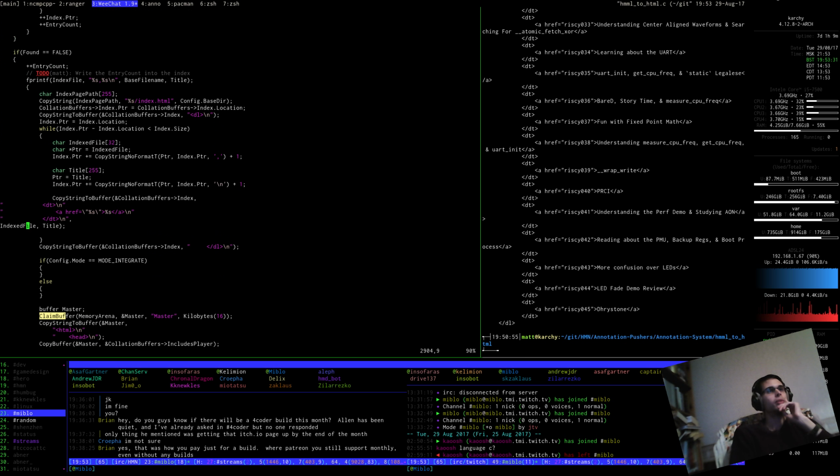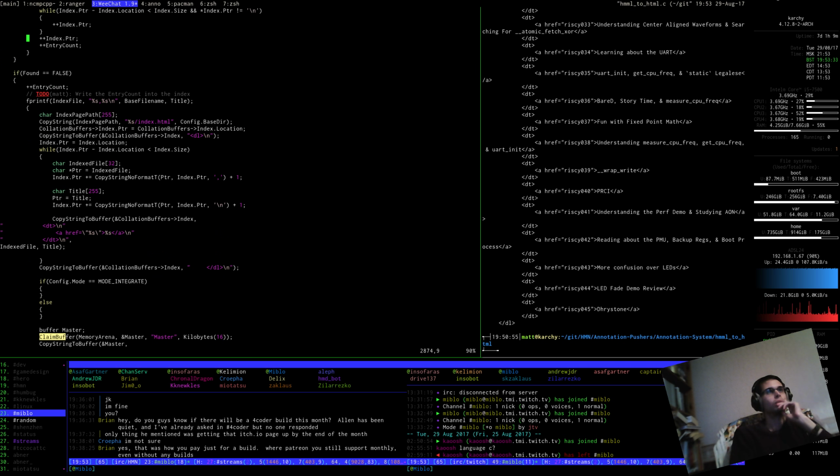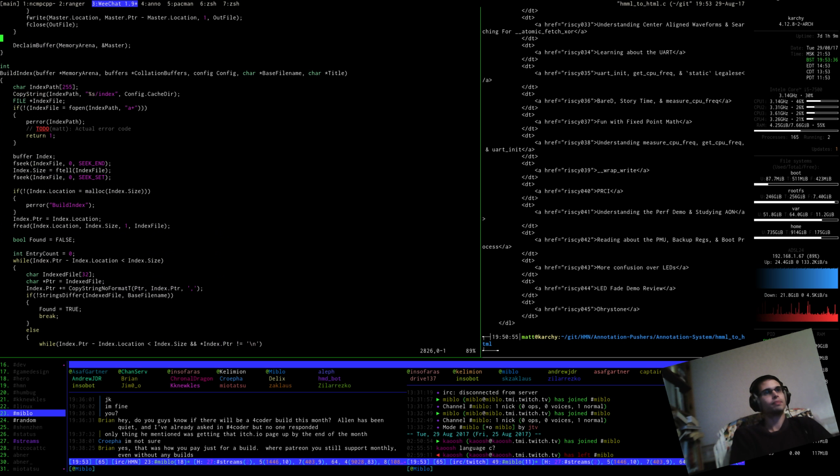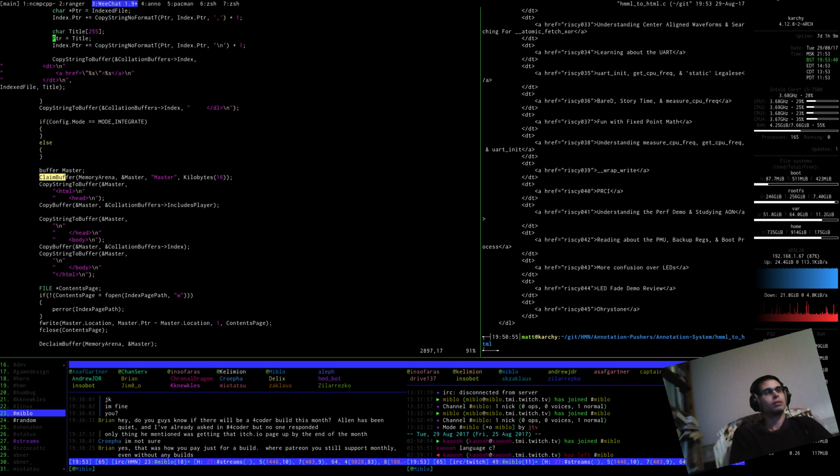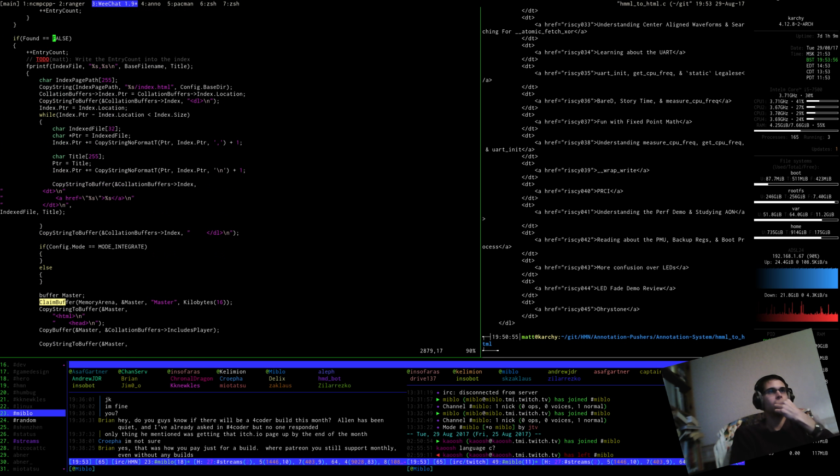Yeah, I think we probably will want to... What is this function again? This is build index, isn't it? Build index, yeah. Maybe buffers to HTML would be the person who does the integration. Maybe that would be saying, you know, like at this point, I'd then say, after having copied all that stuff into the index,